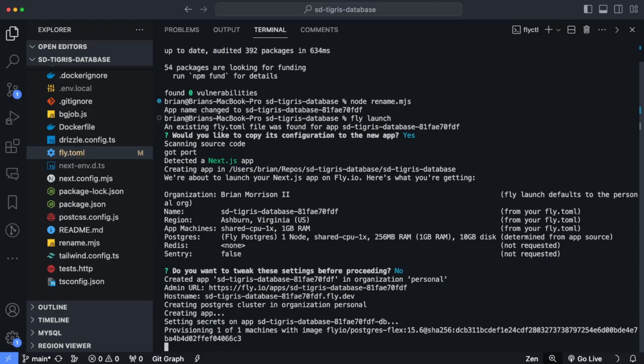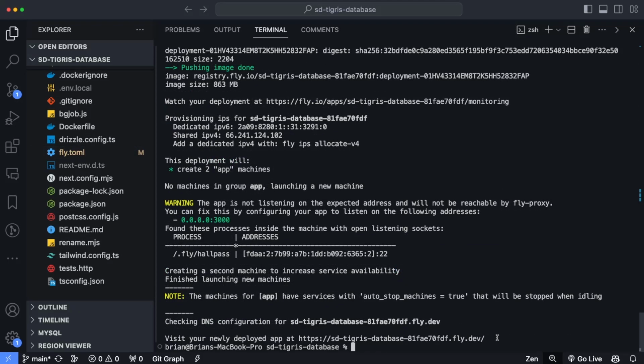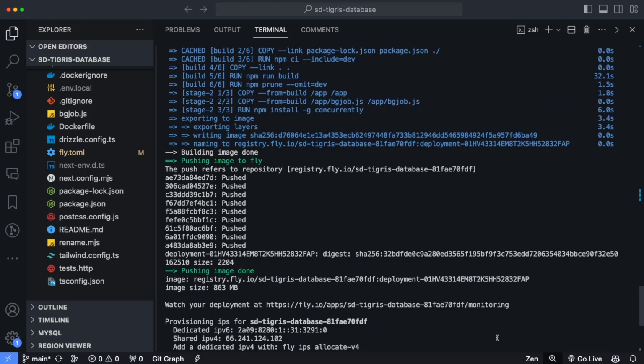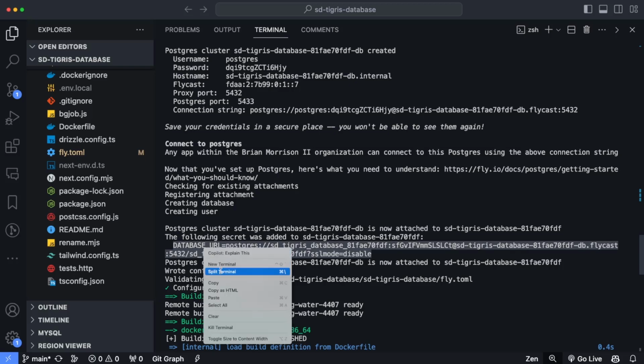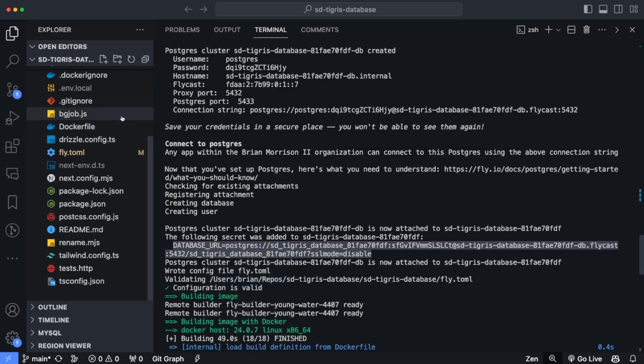which we'll create momentarily. Okay, so now that the application is deployed to Fly, there are a couple of extra steps we need to do before we can completely get up and running. Before we do that, we'll need to grab a connection string from this output. So if you scroll up a little bit through everything here, you're looking for a line that starts with database_URL. This is the environment variable that has been set in the Fly environment in order for the application to connect